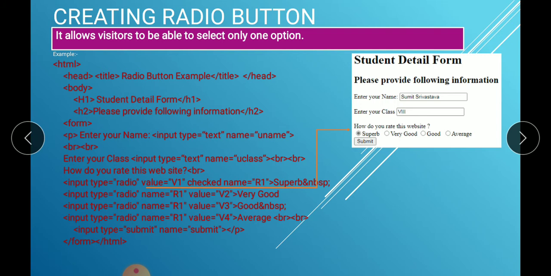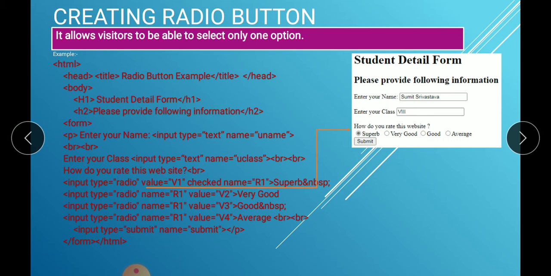The next is radio button. This option we have already discussed. Radio button is actually the option where you can select only one. For example, while you are asking the person's gender, two options will be there, male or female. The user can select either male or female. For this type of control, you have to use radio button.